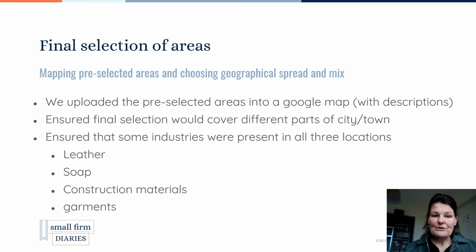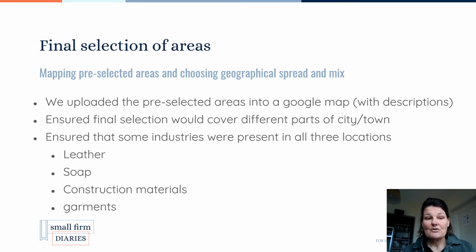And then we moved on to a stage where we made a big map. We used Google Maps, and we showed the different locations and the description. And then we made final choices based on getting a good spread across town. So, areas that were very close together, we would only choose one of the two. And then, as I said, in Addis Ababa, we selected two industrial villages, also in very different places, and